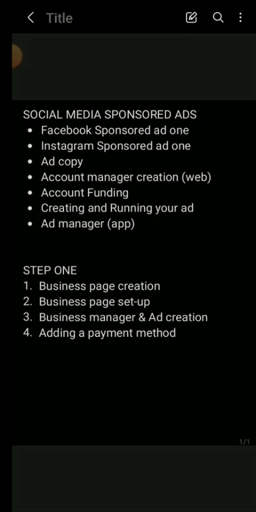Now in step one, this is all I'll be teaching you. In step one, I'll be teaching you about business page creation. That's the first thing you have to do if you want to run your social media ads. You must have a business page. It has to be a business page creation, and also business page setup, the second step, and also business manager and ad creation. I'll be showing you how you can create your ads from scratch, and also how you can